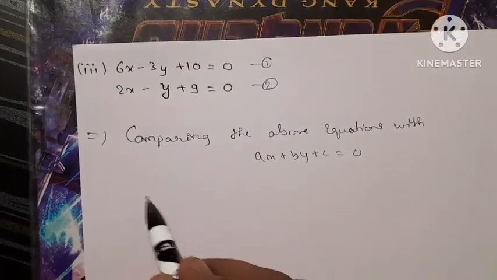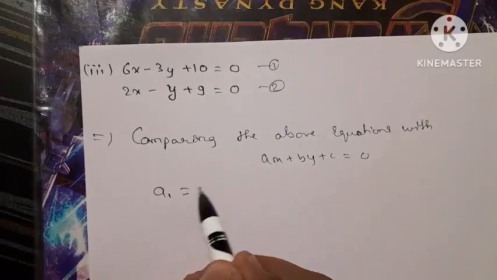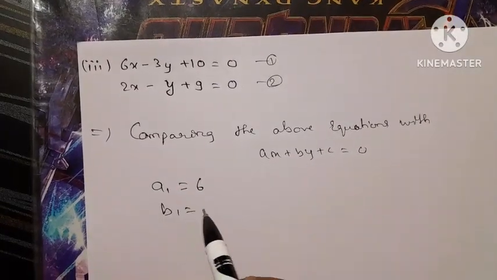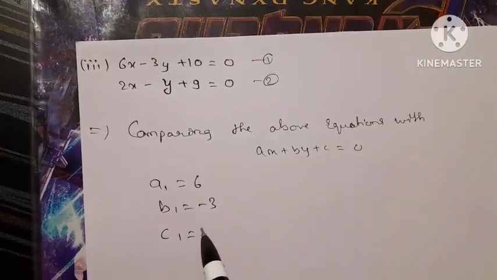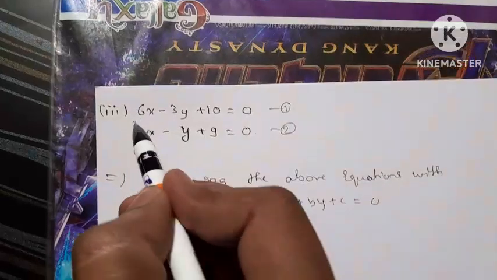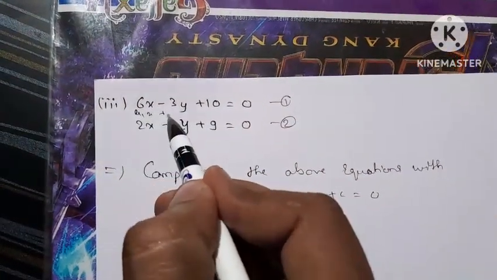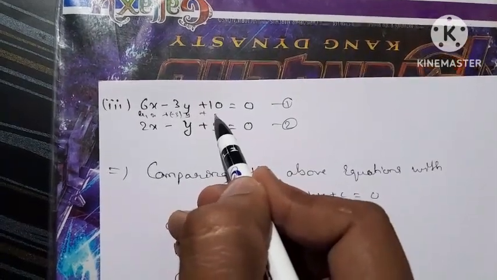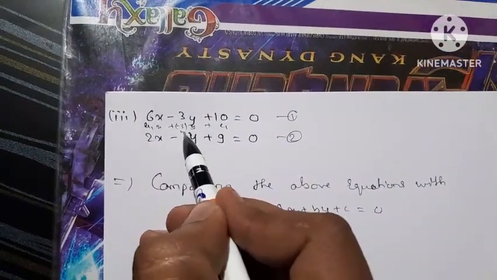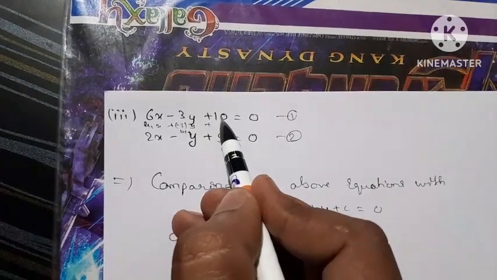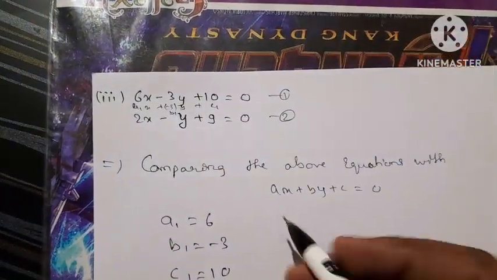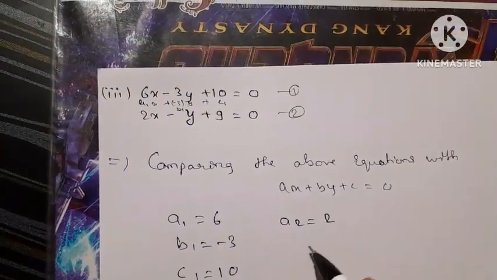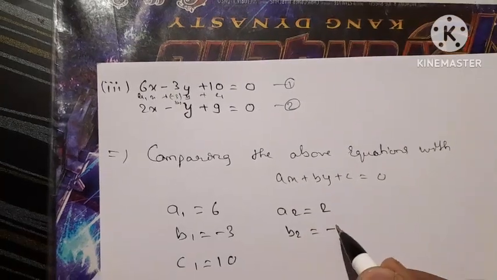So what we do is we get a1 is equal to 6, b1 is equal to minus 3, c1 equal to 10. So this will be a1x plus minus 3y plus c1. So minus 3 is b1, c1 is 10. So we got these three values, and a2 is equal to 2, b2 equal to minus 1, and